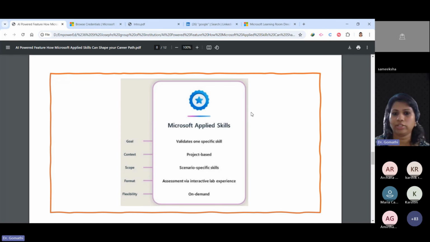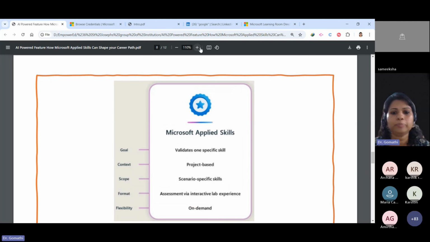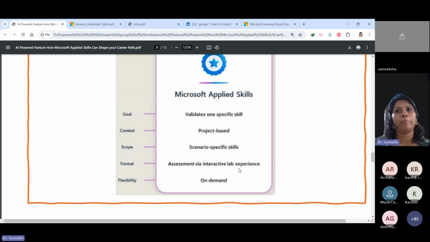What is the difference? An applied skill is goal specific. If you say, ma'am, I am very much interested in AI technology, then you can only focus on AI. Don't worry about other things. If you are very much interested in data analytics, just focus on data analytics.